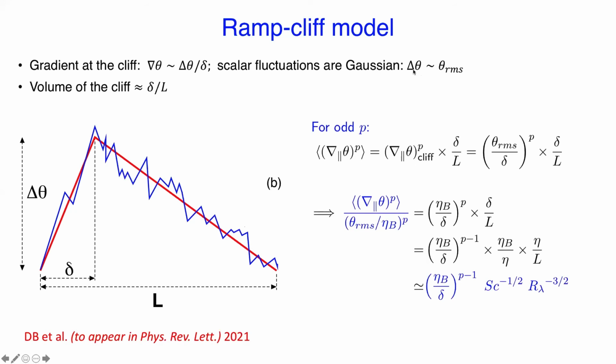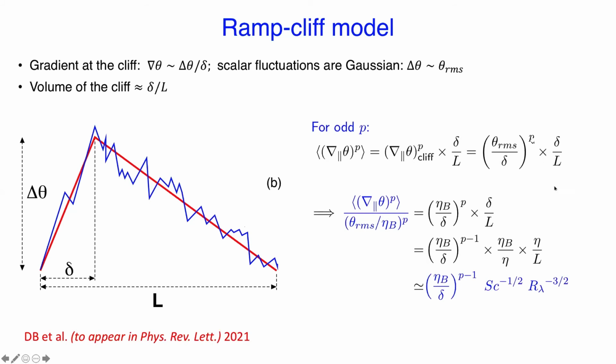And once again, we can take the jump delta theta to be the RMS of the scalars, because similar to the velocity, the distribution of the scalar is also Gaussian. So the odd order moment reduces to theta RMS by delta to the power p